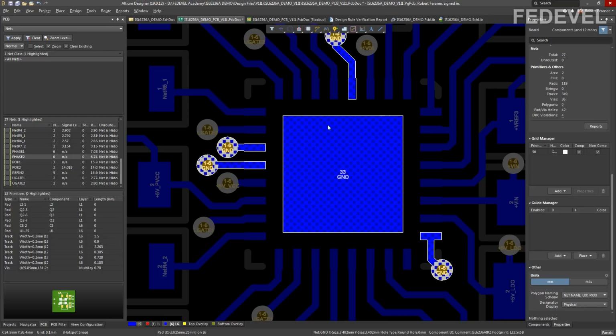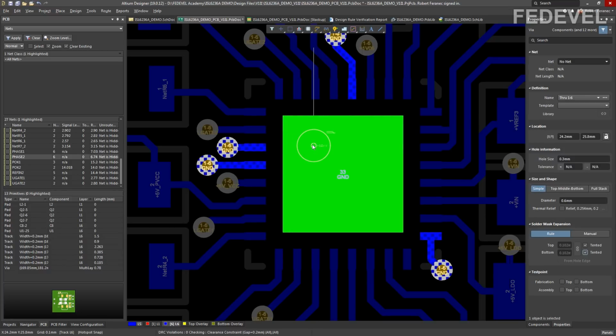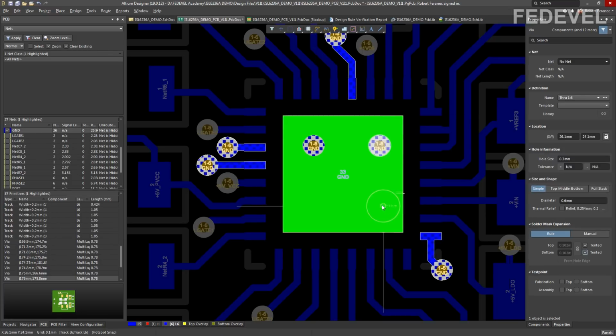Usually into an exposed path you place more vias, because the exposed path is very often also used to take heat away from the chip. So just left click here and place some vias here.